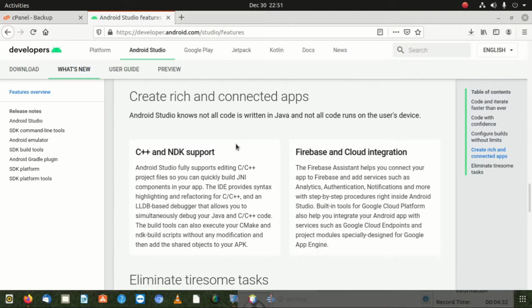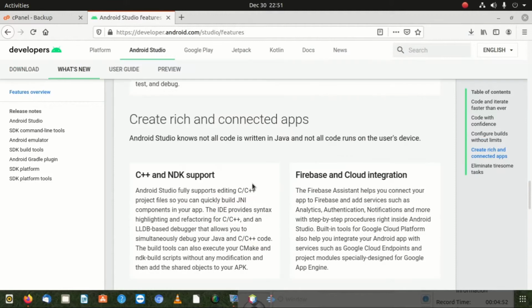Okay, the build tools can also execute your CMake and NDK build scripts without any modification, and then add the shared objects to your APK. So you can see people who are from C++, you have